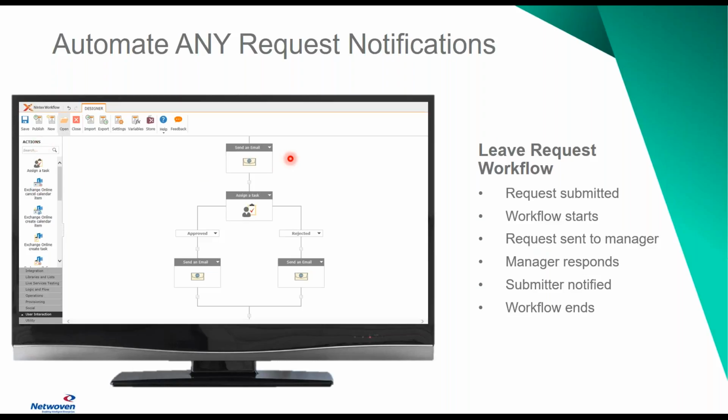In this situation, what we're specifying is that after the user submits something to a SharePoint list, we can take that, and in the situation of a leave request, which we're going to build today, we drag and drop a send email, and then we assign a task. Based on the manager approving or rejecting, we're going to send an email to the user saying you've been approved or you've been rejected.